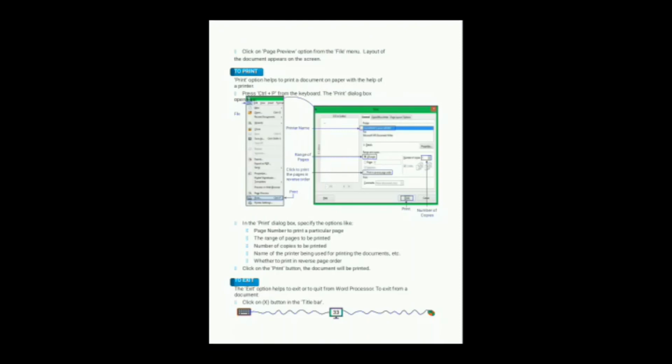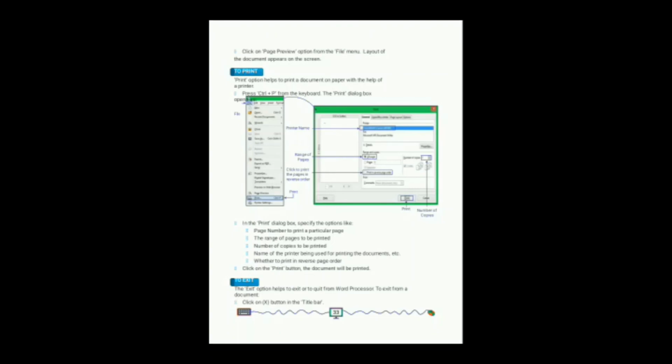Then for printing our document, we have to make some setup, like the page numbers to be printed, the range of pages to be printed, the number of copies to be printed, the name of the printer being used for printing the document, and whether to print the document in reverse page order. Then click on the Print button. The document will be printed.